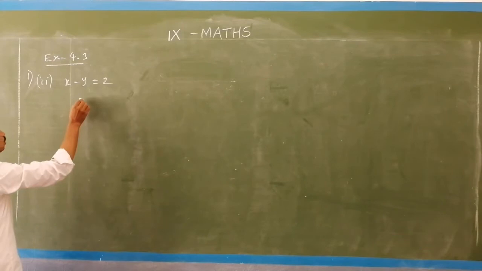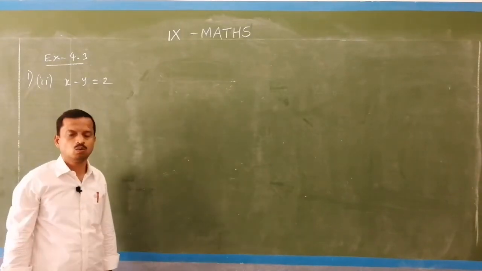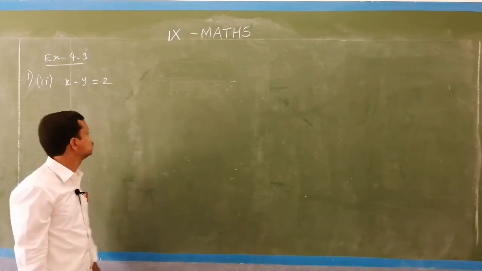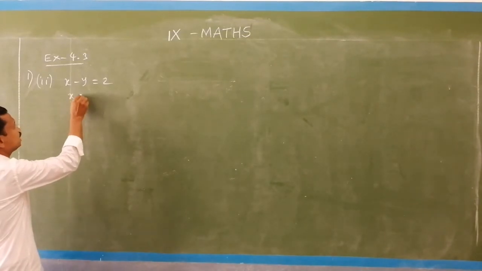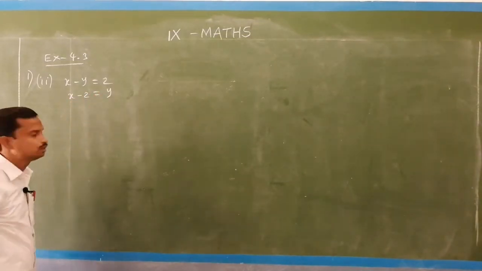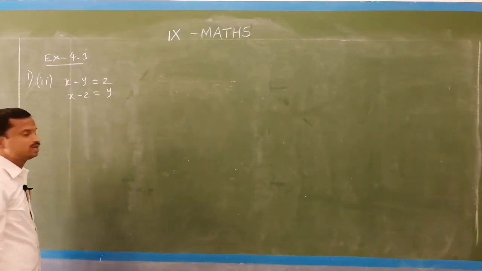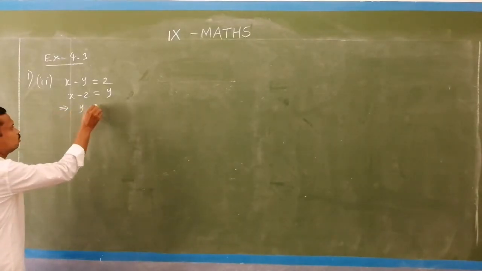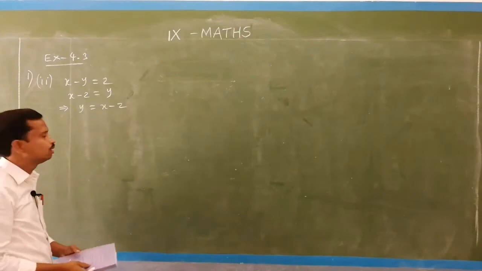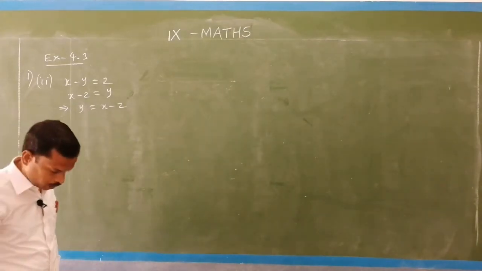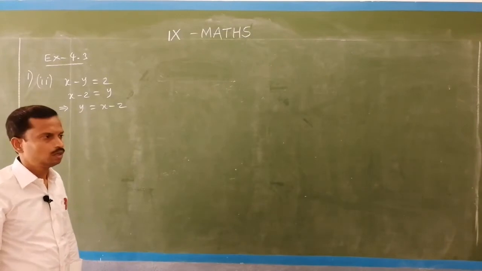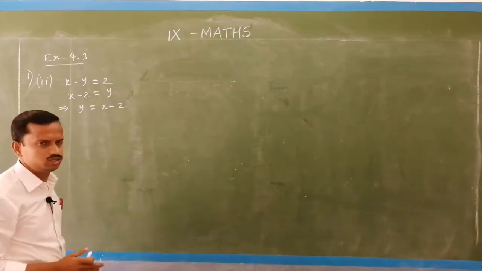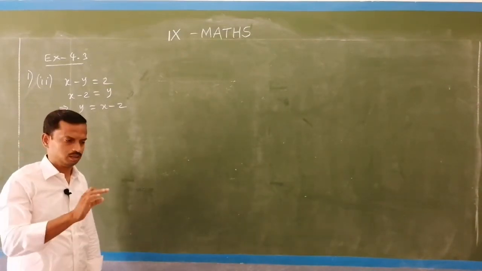So, you have to express y in terms of x. So, x minus 2 equal to y. Clear? You bring 2 to the left side, it becomes minus 2, and minus y if you move to the right side becomes y, and now we can write this implies y equal to x minus 2. Okay. So, this you have to do in the graph note, and the writing page you have to write all these writing matters, and in the graph sheet you can draw the graph of the given linear equation.